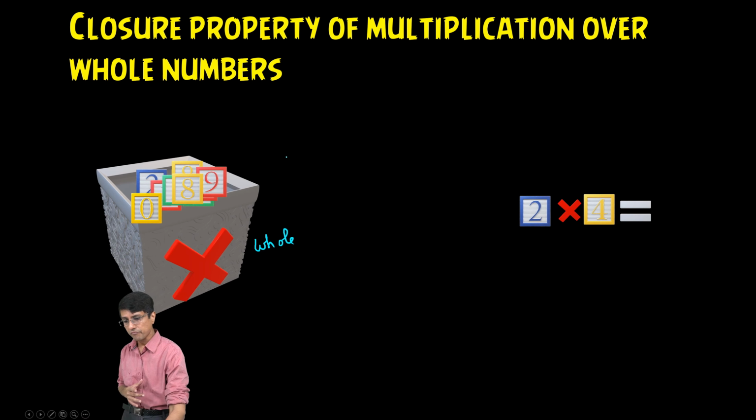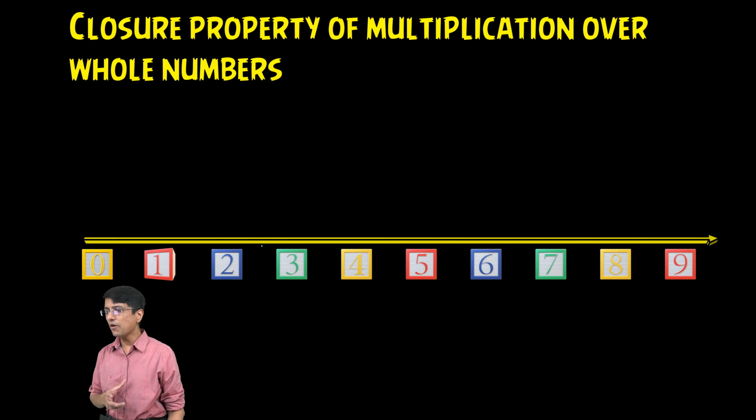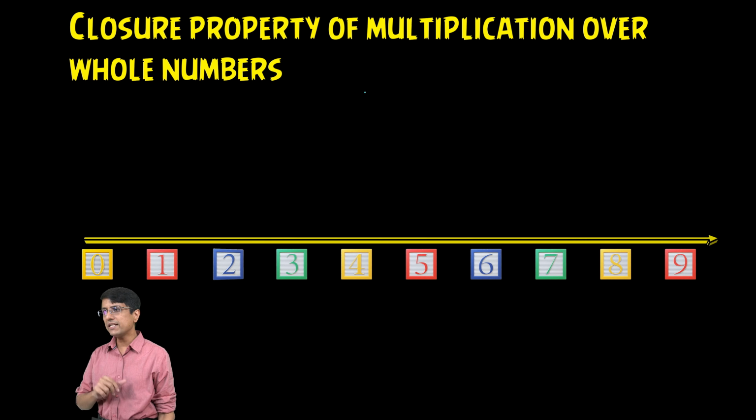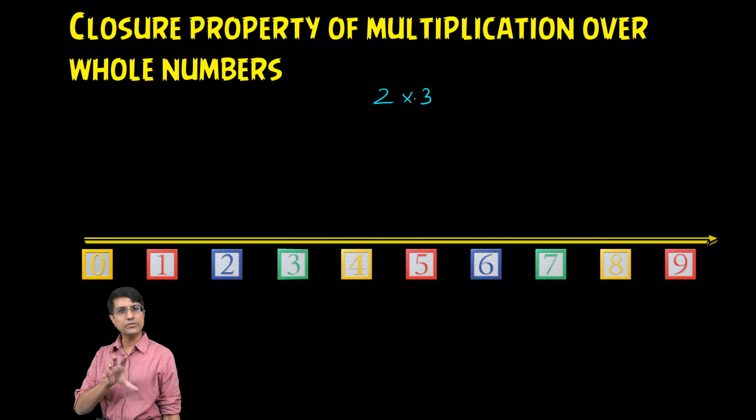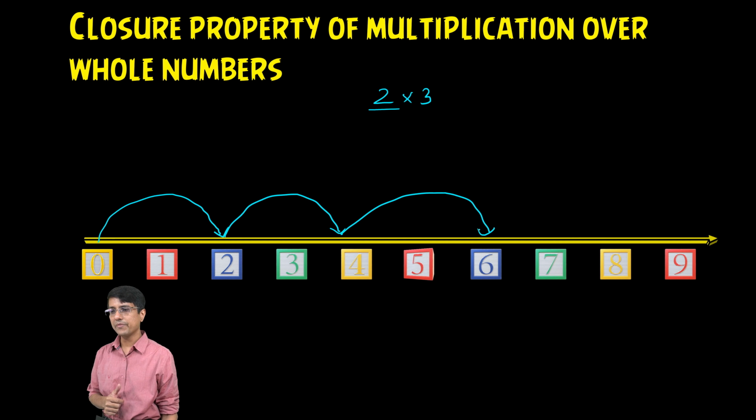So if you think about it, let's summon our number line, and our number line comes, and now we can understand why this is the case. If you notice the multiplication, let's say that I was doing 2 into 3. Let's take a slightly different example. It means that I will make 3 jumps of 2 each, starting from 0. So I am making the first jump, second jump and third jump. Necessarily, these jumps all fall on whole numbers. They cannot go back, and of course they cannot fall in between the two whole numbers.